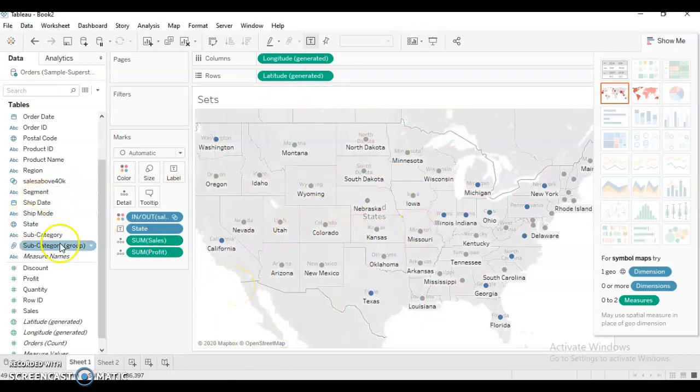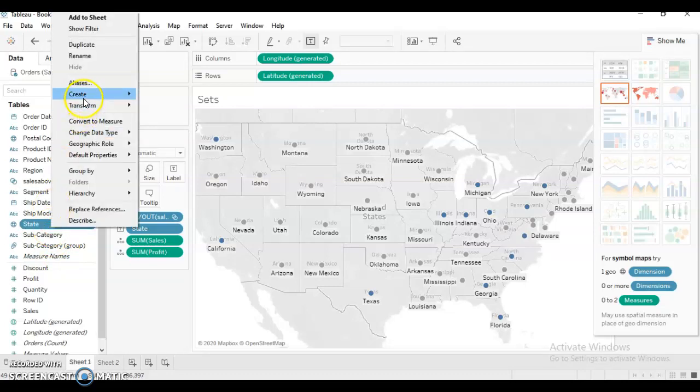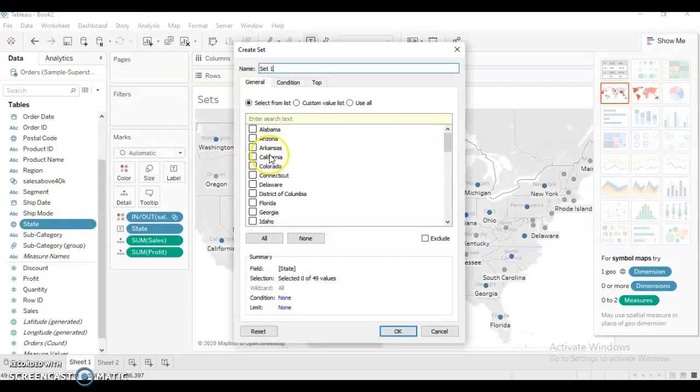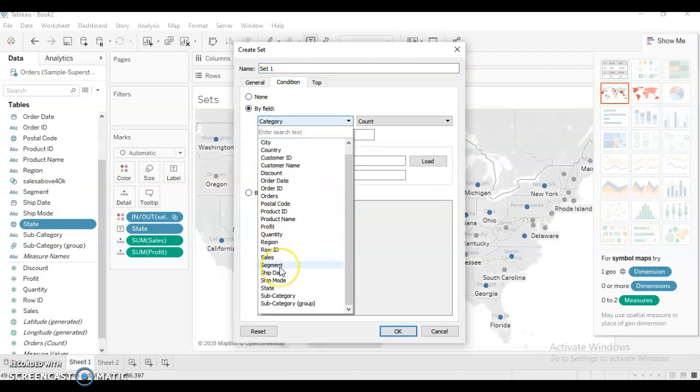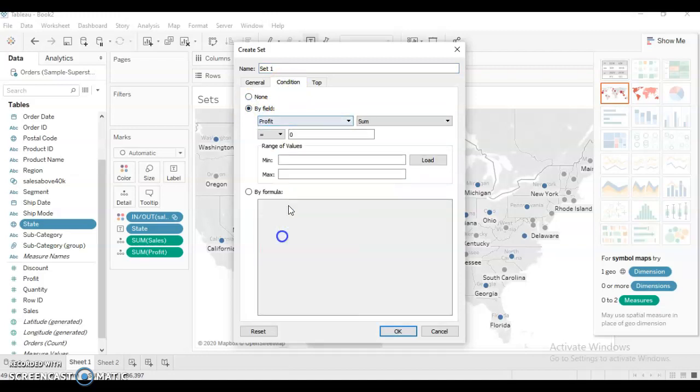Now let me create another set for profit. I'll do the same procedure. You have to follow the same procedure, and then I'll apply the condition profit greater than 10,000, and I will name this set profit above 10k.